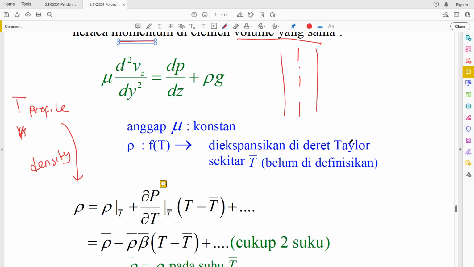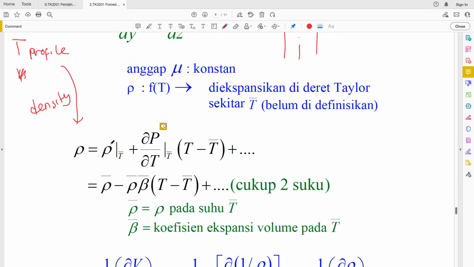The Taylor expansion is like this one: rho at T plus the derivative of rho with respect to T multiplied by delta T, plus the second derivative, T minus T squared, plus and so on. Yeah, this is the Taylor expansion, but we don't need that one. We need just some